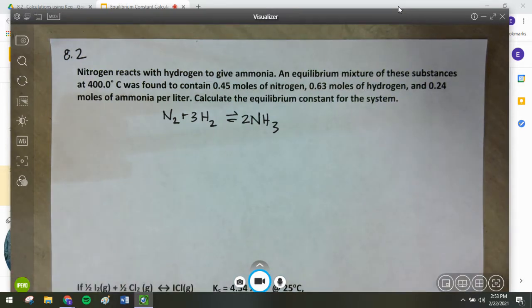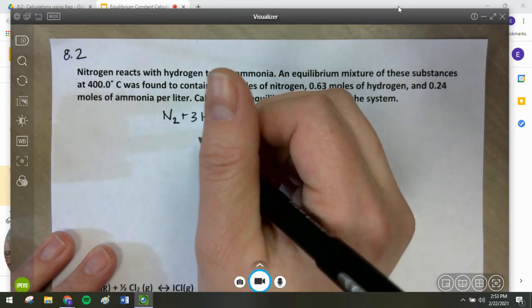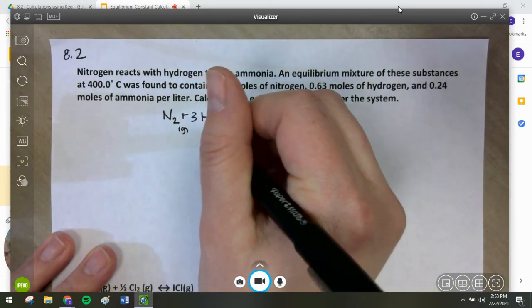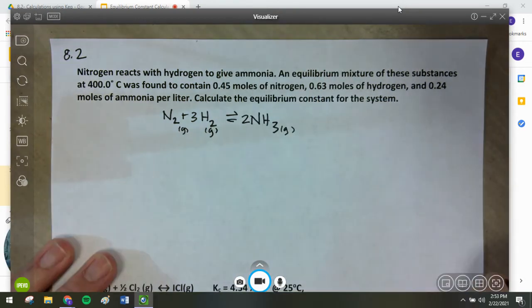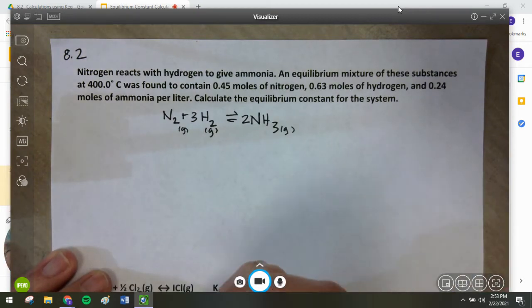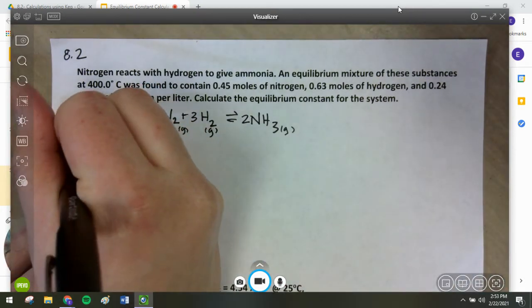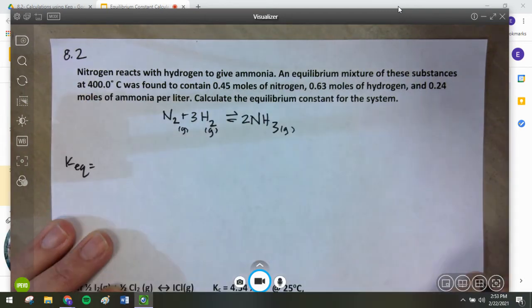So when you think about calculating a KEQ value, the first thing you need to do is have the equilibrium expression. Now, in this case, all of these are going to be gaseous, and they would have to specify that, and I'm telling you right now that they're all gases. So in this problem, if we want to write our KEQ expression, which a lot of times gets you, honestly, 1 point on the AP exam,